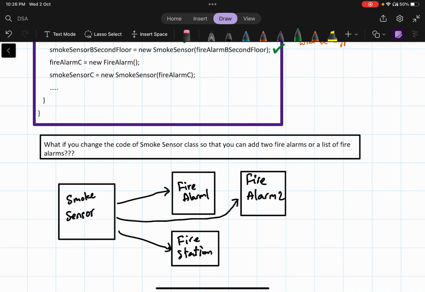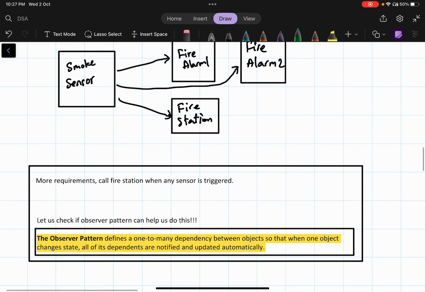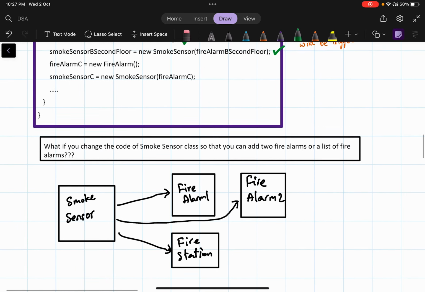Right now you have a list of fire alarms, and in future it may be a list of fire stations, wherein you'll be calling the nearest fire station. So there's a constant change here, so it'll be difficult for the code that we've written here